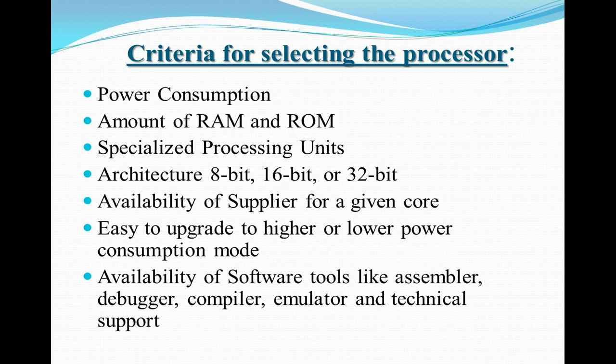Next we are going to see the processor. The processor is the main brain inside any embedded system. As we have seen in the very first lectures, an embedded system is going to work on microprocessors or microcontrollers. So this processor or controller is the heart of the embedded system, the main component of the embedded system. And this is the major factor that is going to affect the performance of the system.